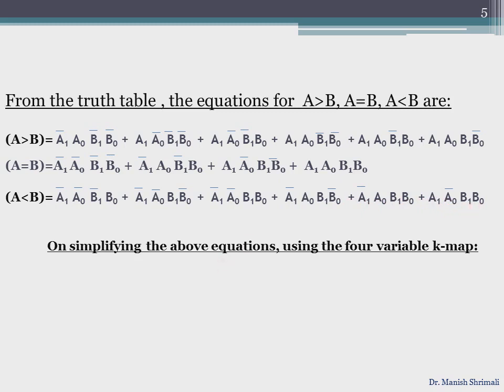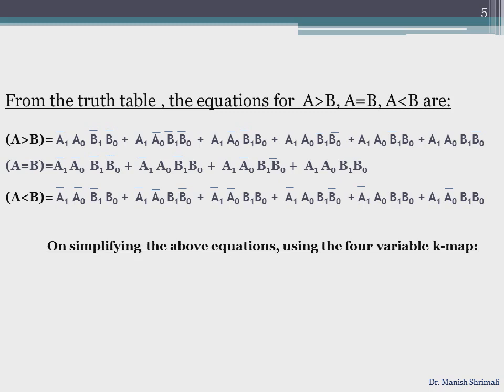Now once we have written the equations based on the truth table, what we have to do is simplify these equations, so that it is easier for us to construct the circuit diagram. These equations can be simplified either by the Boolean laws or rules, or by a technique known as Karnaugh mapping. This Karnaugh mapping technique we will discuss in our next presentation.